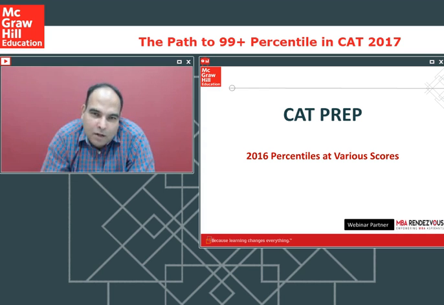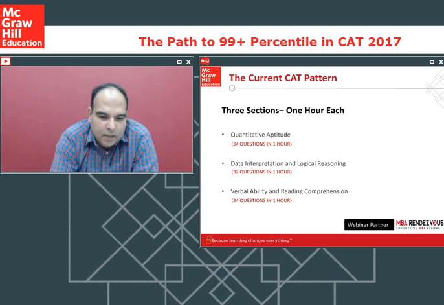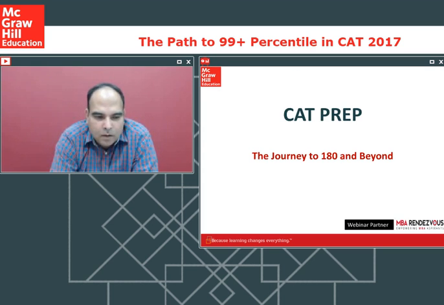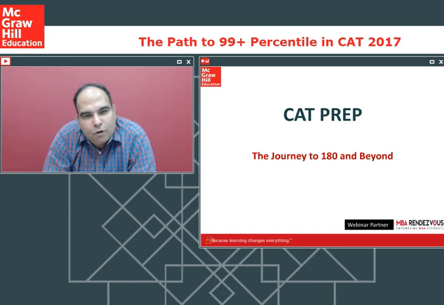So which means that in CAT 2016 there were approximately 2000 people in that mark range, from 155 to 210. And as I say, when you're trying to talk about getting through this exam, the journey essentially has been 180. Now this band of 155 to 210, which the top 2000 people scored,